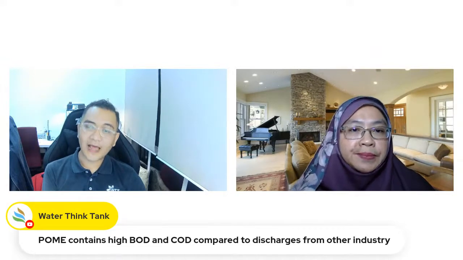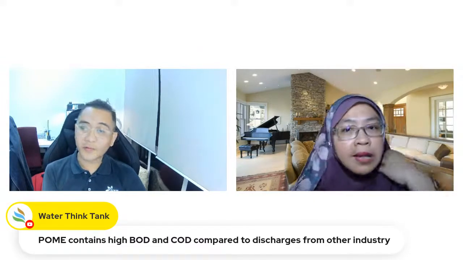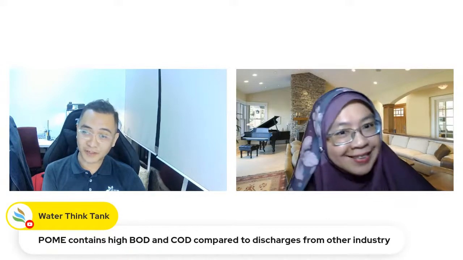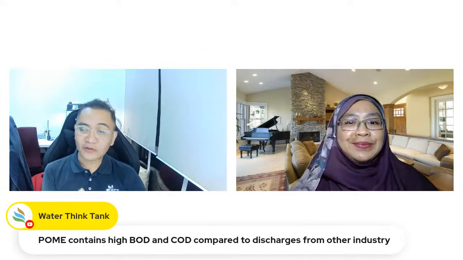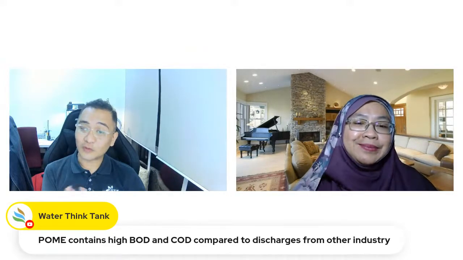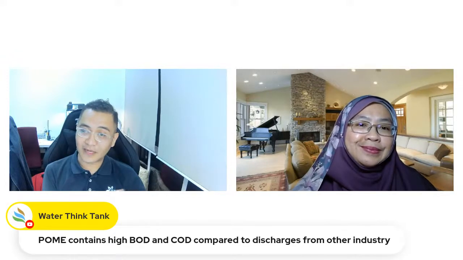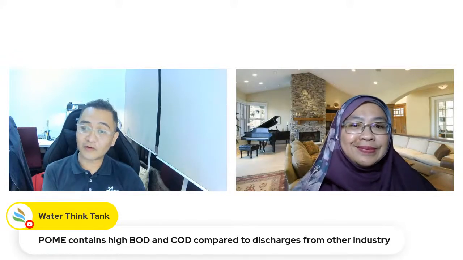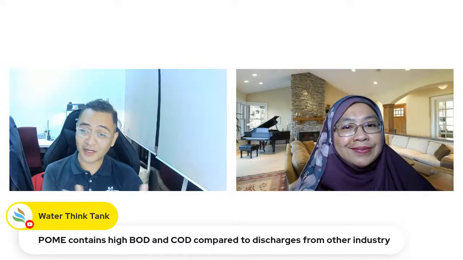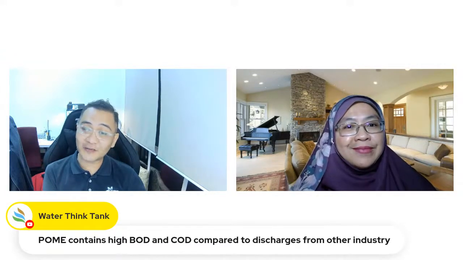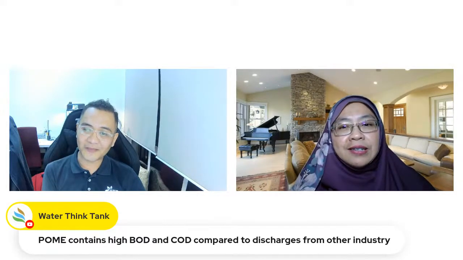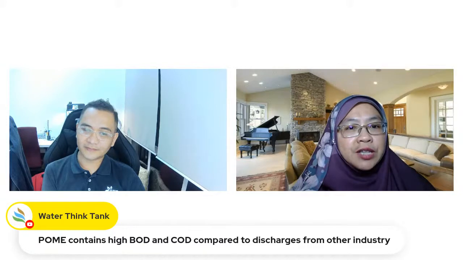Yeah, I did a little bit of work on palm oil mill effluent back in my undergraduate days, and I remember thinking about it. When you talk about untreated sewage water coming from your toilets, we can expect a COD value of around 300 milligrams per liter, or 300 ppm. When you talk about palm oil mill effluent, we are talking about 60,000 to 100,000 milligrams per liter. So yes, it's what we call very heavy wastewater.